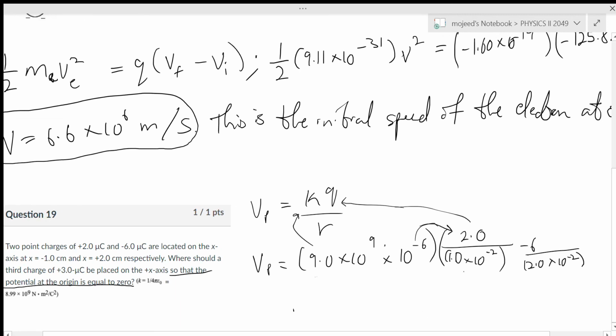This takes into account the distance, which is 1 centimeter, and we're subtracting